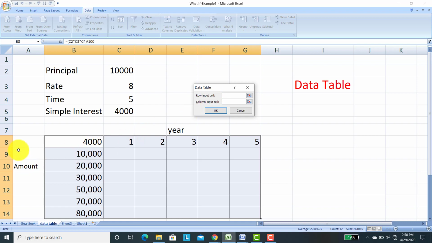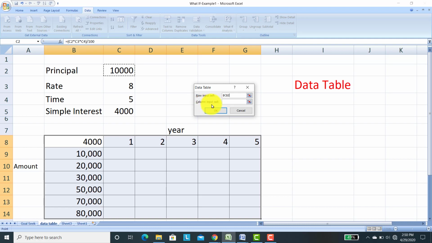In this table, in the rows, what has been written here? Amount, that is going to change. Now, what is our amount? This 10,000 rupees. And what is the cell address of this? C2. Just click here. It will come automatically here.